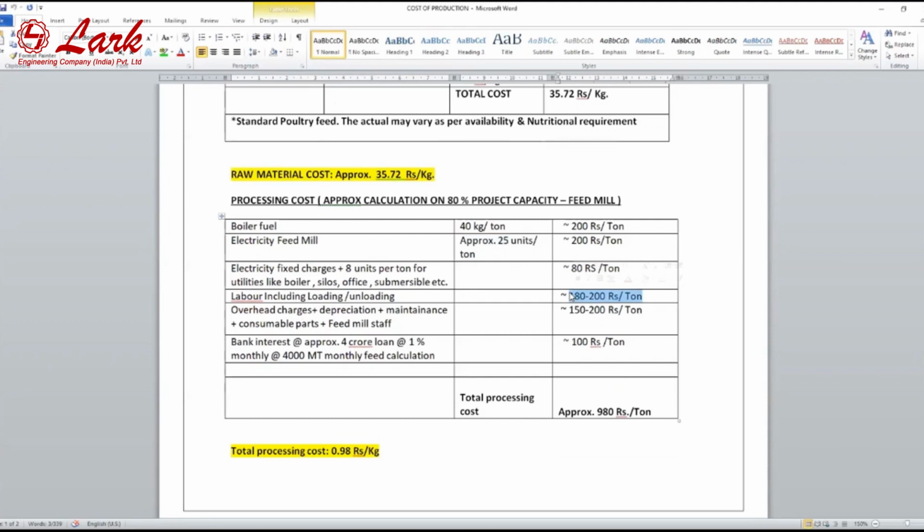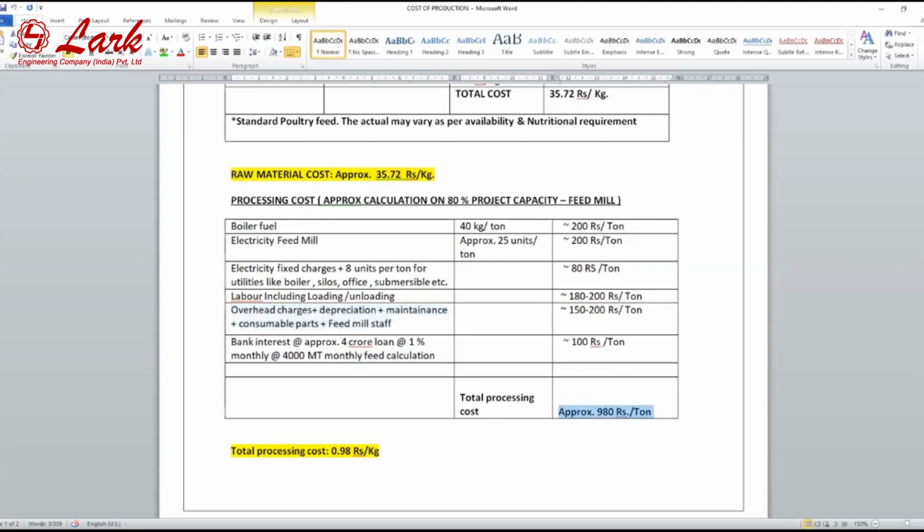that labor will be around 180 rupees per ton and 200 rupees per ton or 220 rupees per ton. तो as per the labor cost उसमें हम ऐड कर देते हैं। देन ये टोटली डिपेंड्स अपॉन द फीड मिल मैनेजमेंट, कितना स्टाफ है, कितना मेंटेनेंस के लिए स्टाफ है, कितना ओवरहेड्स है, कितना उनका मेंटेनेंस कॉस्ट है, तो उसके अकॉर्डिंगली ये ओवरहेड और डेप्रिसिएशन ये वेरी करेगा फीड मिल टू फीड मिल। बैंक इंटरेस्ट डिपेंड्स अपॉन कितना प्रिंसिपल अमाउंट है हमारा और किस रेशो में हमने लिया,